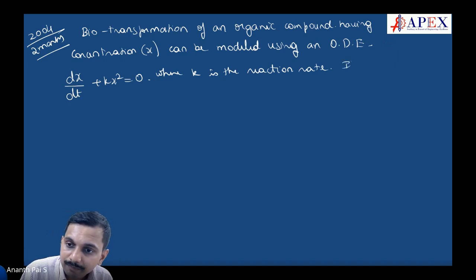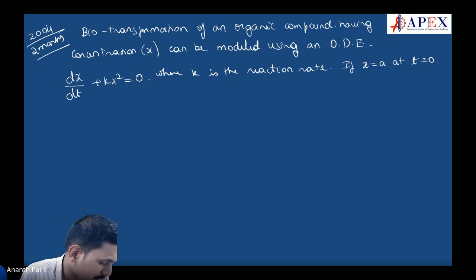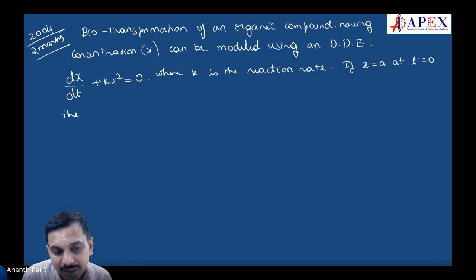If x equals a at t is equal to 0, the solution of the equation is,